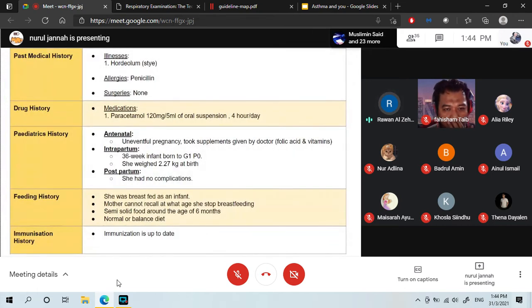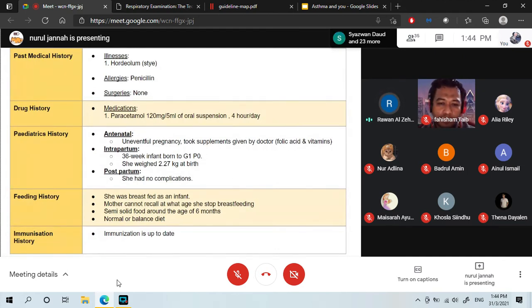For past medical history, she had a sty in November. Allergy, no allergy, including penicillin. Surgery, no. For drug history, medication, she was given paracetamol 120 milligram per 5 milliliter oral suspension for fever, once per day. For pediatric history, for antenatal and